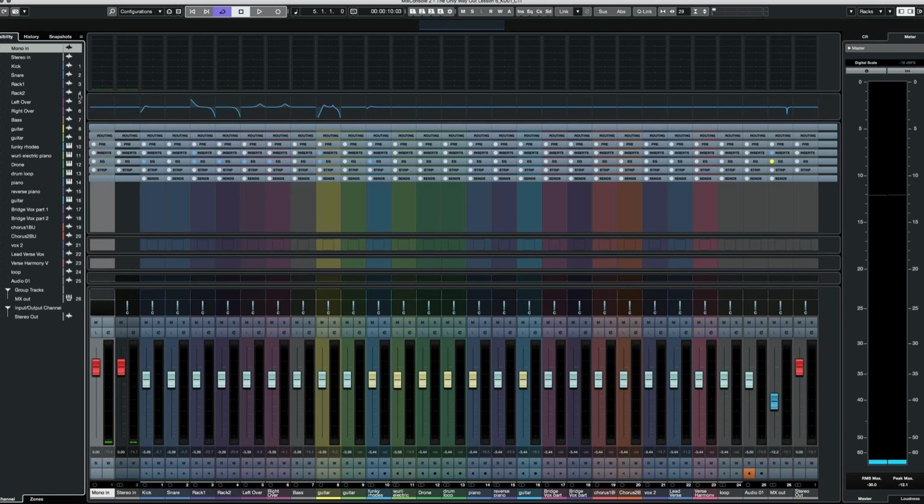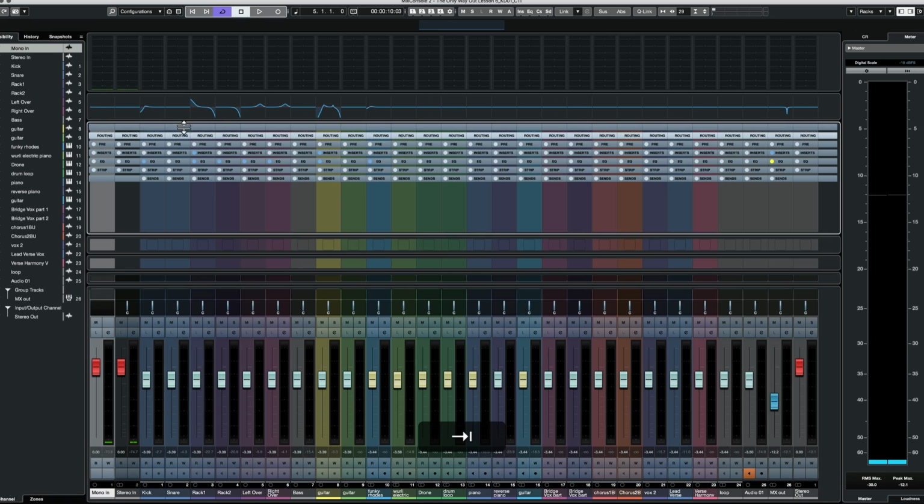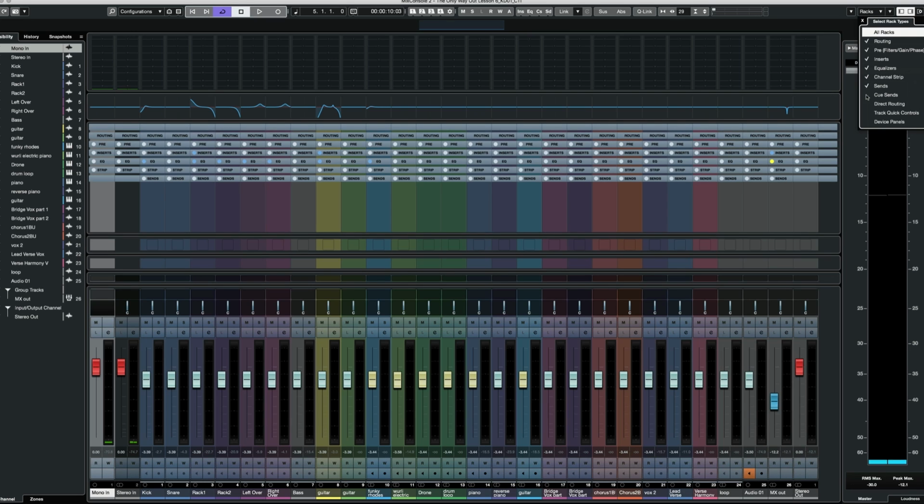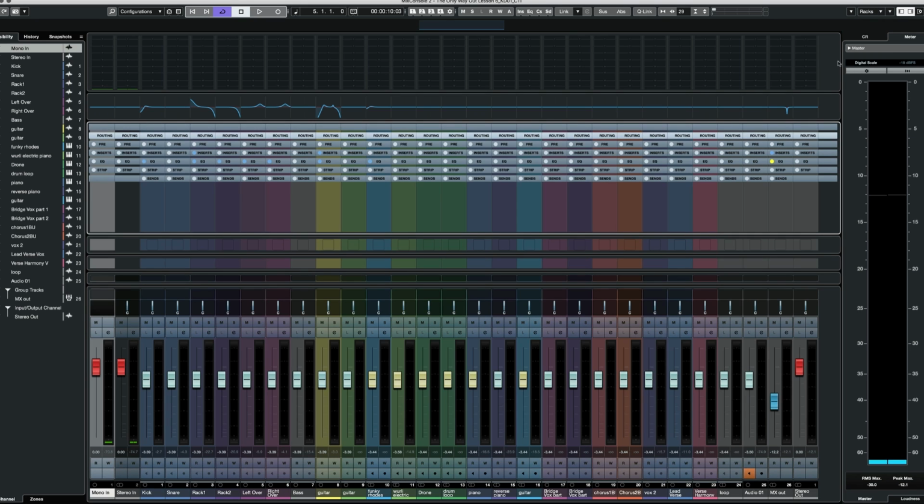We've got the left-hand zone, which has some visibility as well as some functionality to allow you to lock tracks from left to right. We'll look at that in a sec. And we've got our middle area here, which is called our racks. And that has its own pull-down menus that you can get to, and we'll talk about that once we get to this section. But essentially, those are the 4 main areas. They all have their own little functions and reasons to be there.